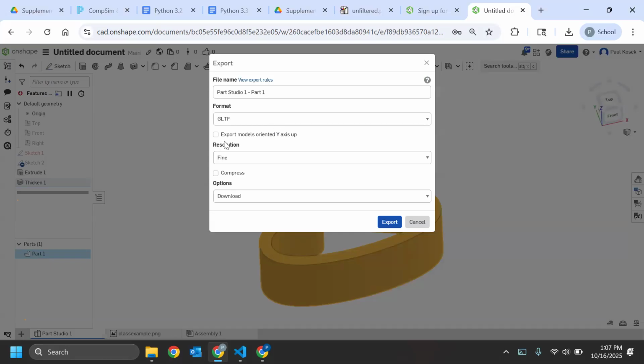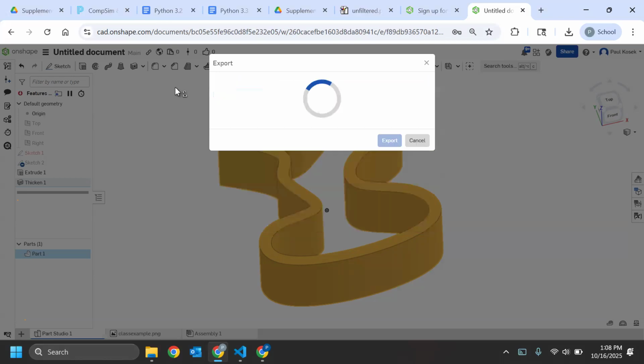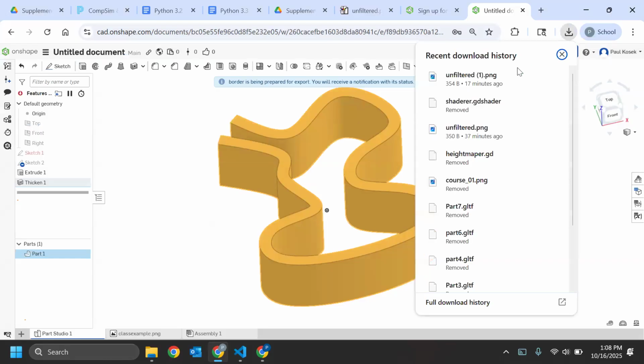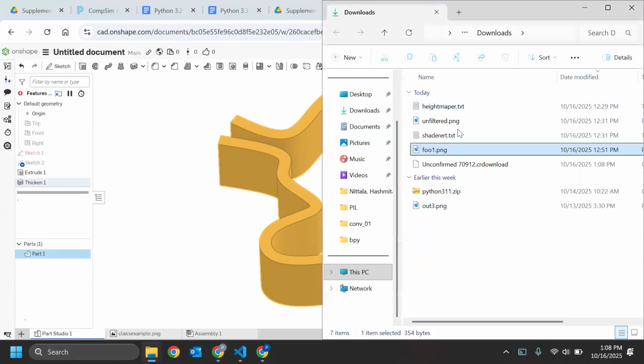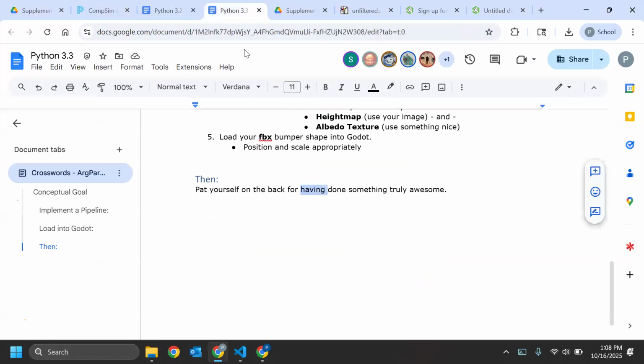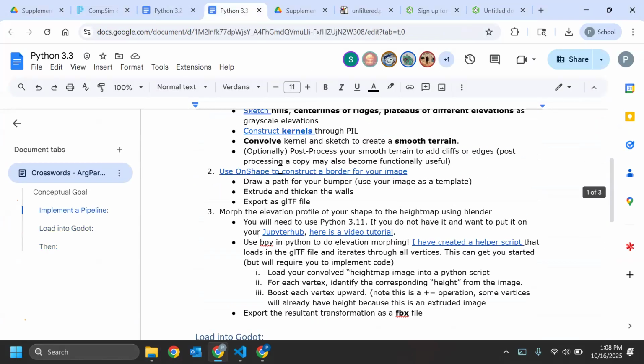So I can call this, I don't know, border. And it's going to download, presumably. That should be in downloads, maybe. Did you download? Okay, there it downloaded. So I've got my border.gltf file. And the next step is going to be to go back. The next step is going to be the post-processing in